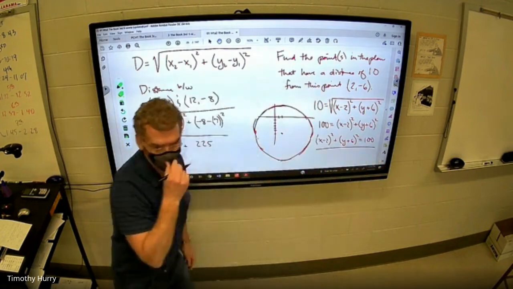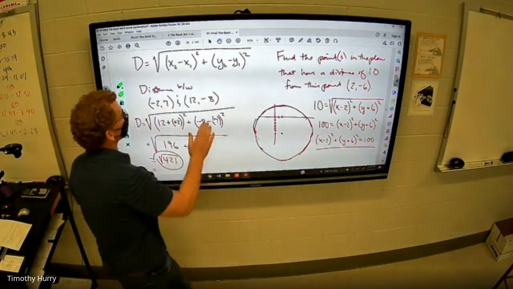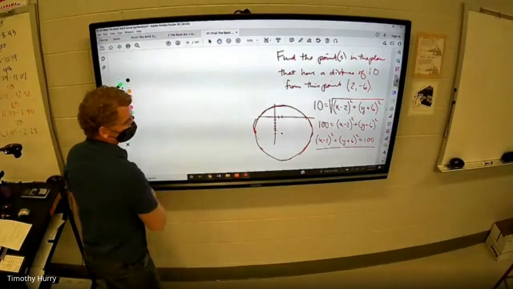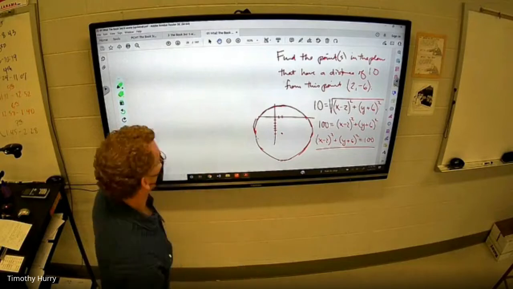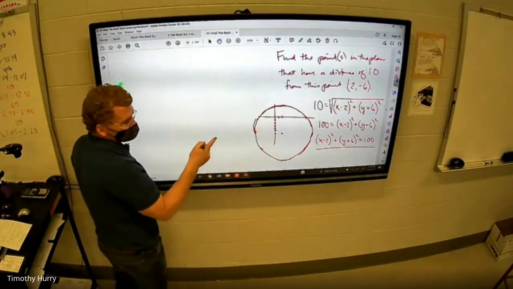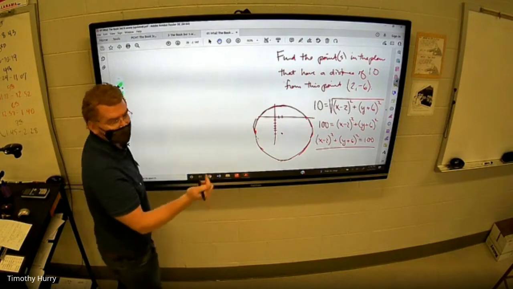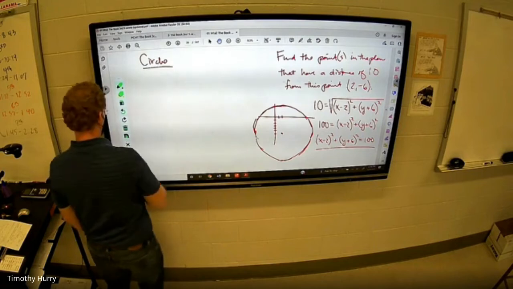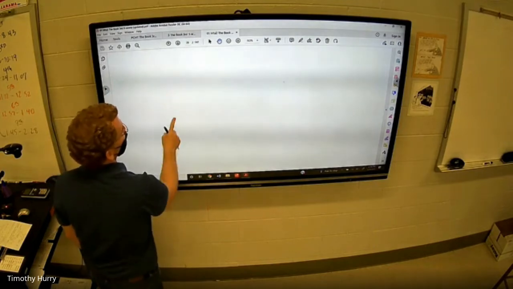That's circle form. Your form of a circle is built from the distance formula. Actually, the distance formula is built from a circle, but the circle form in some ways looks like it's coming from the distance formula. But the bottom, which is the Pythagorean theorem, that's what a circle is. And you'll see this in your notes in a couple. Why don't we just go to our notes? You'll see this in your notes